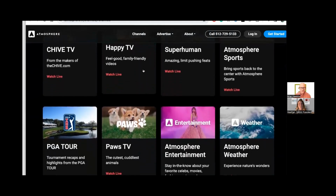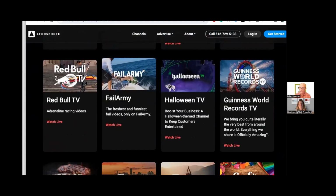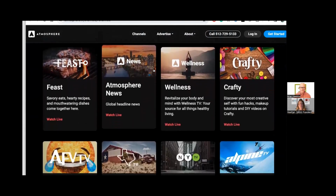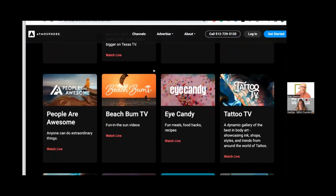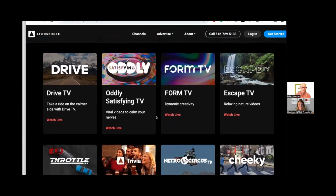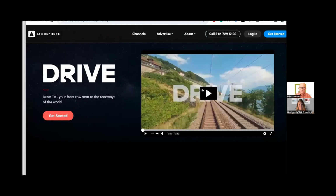They make content for screens. And you see this in bars, and I was just in a bowling alley that had this stuff running. They do all of these different channels of different kinds of content. Their drawback, honestly, is that they don't have a channel that's specifically dedicated to cycling. Right. But there are good things to take in